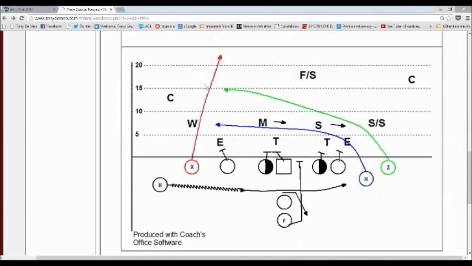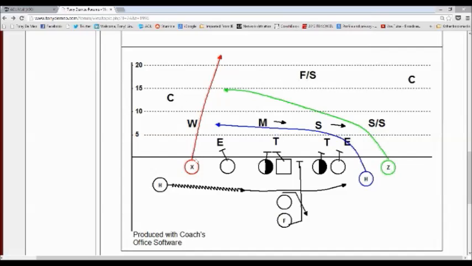This is how it would work. It'd be very difficult for an 8-man front to cover that skinny post without the free safety hanging on it, which, again, would take him out of the run support of the jet sweep. So this is a really devastating play for a three-man secondary to cover, if you want the free safety in run support,